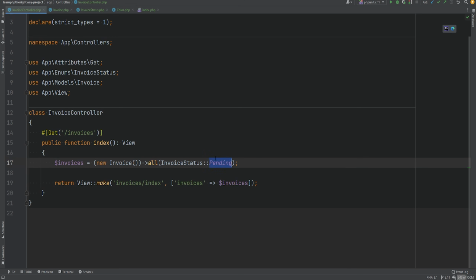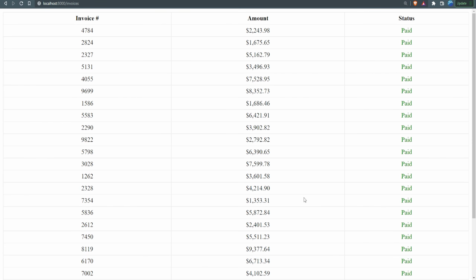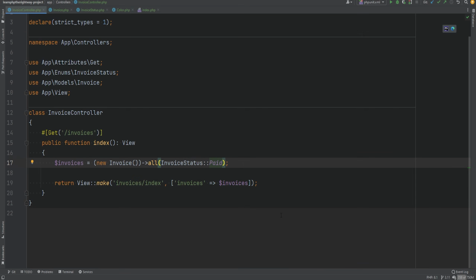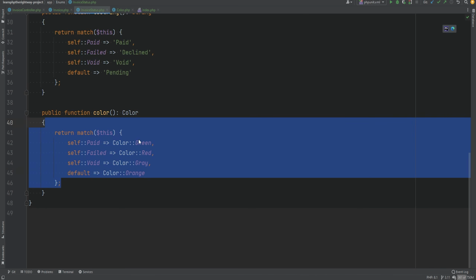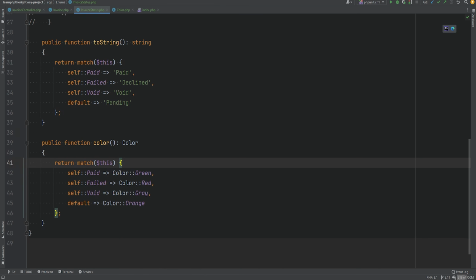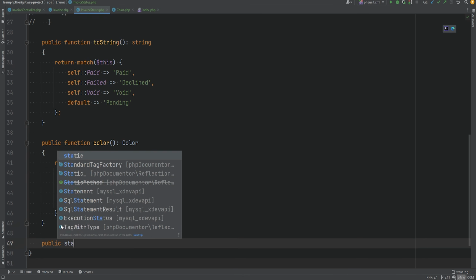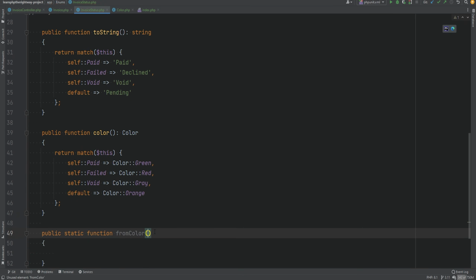We can change it to paid, refresh the page, and it works as well. In addition to having regular methods, we can also have static methods within enums. Let's say that we wanted to get invoice status from the given color. So we'll do public static function fromColor, and this will accept an object of Color, and we'll do the